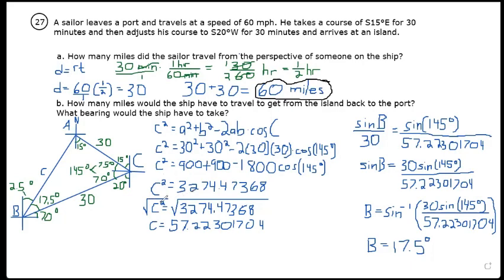Now, we only need the positive square root because only positive values for side C make sense in this case. So we take the square root of this and it cancels out the square like that. And then we're able to determine what C should equal. So C is equal to